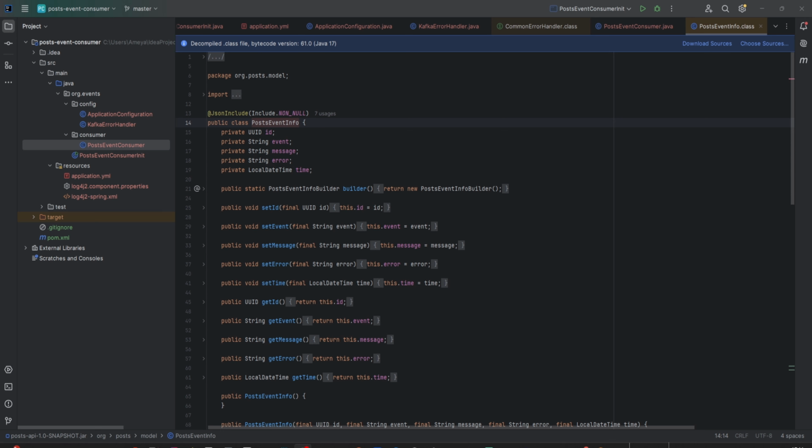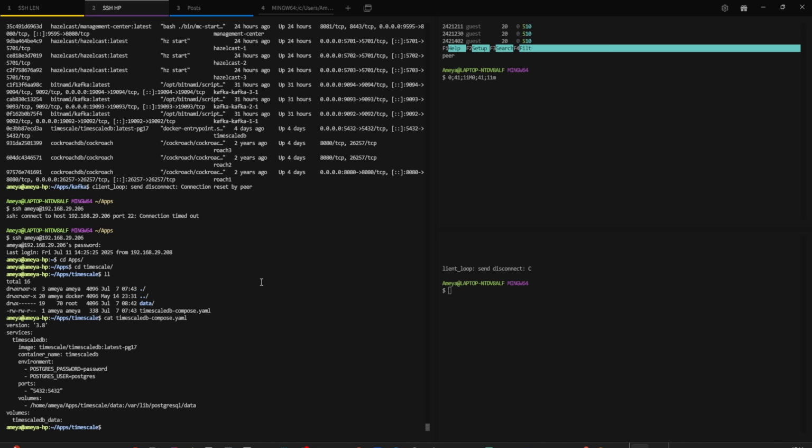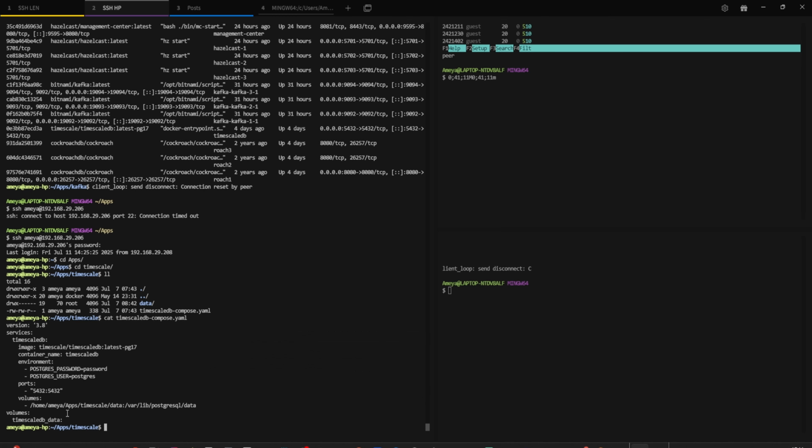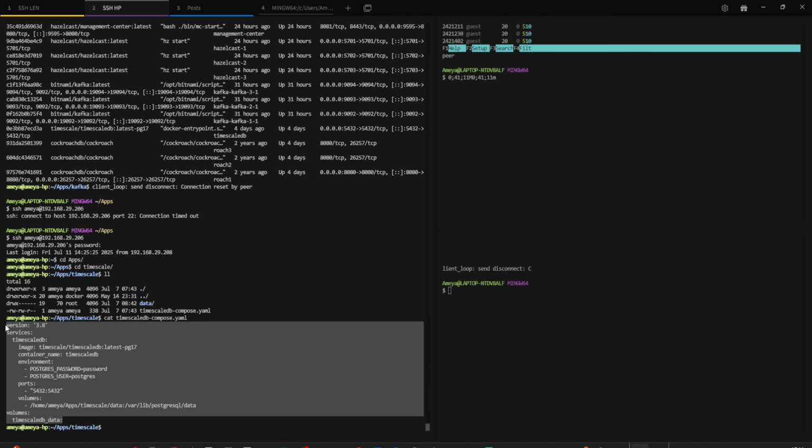Okay, so we're gonna deploy a database called TimescaleDB. It is responsible for storing time series data. And for that, I'll just go to my server. And this is the Docker Compose for TimescaleDB. Let me just copy this and go to